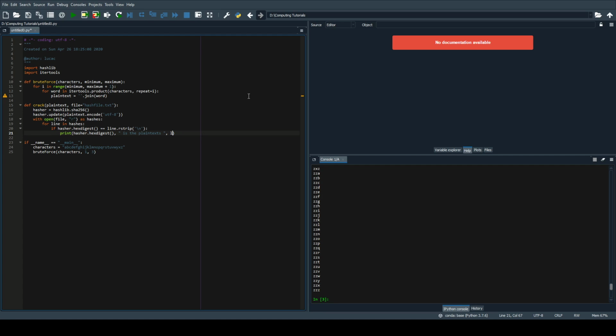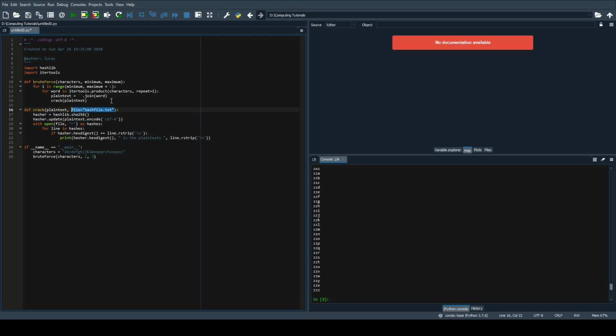And here we just want to have our line dot rstrip \n. Sorry, forget that, it creates two for me. That there, and then we just want one more, and there we go. So now we just need to call the crack module here. So crack plain text, and like I said, because we have a default value here, we don't actually need to pass over a file. And now we can run this,